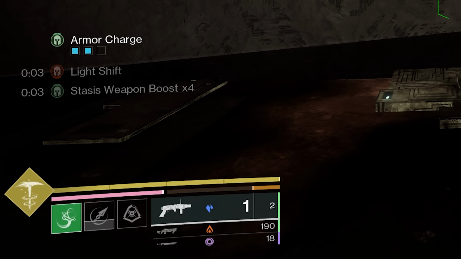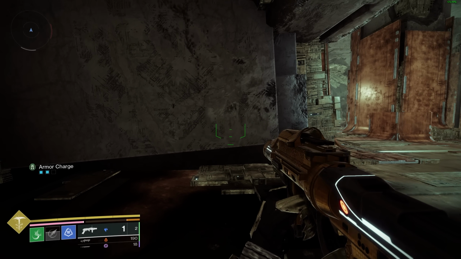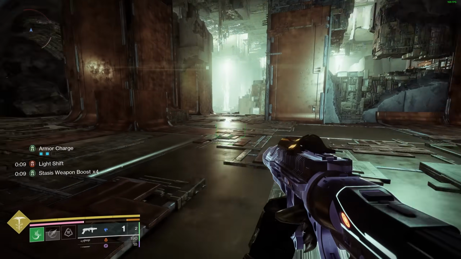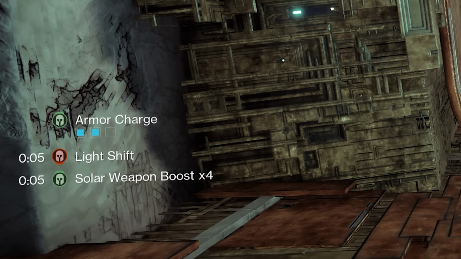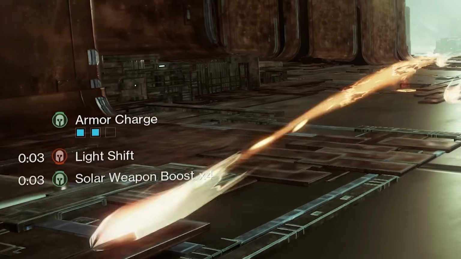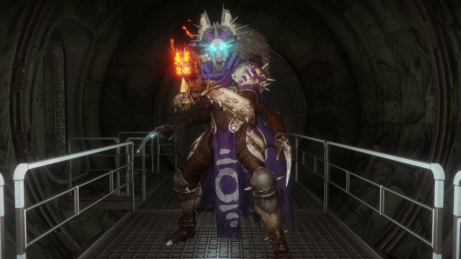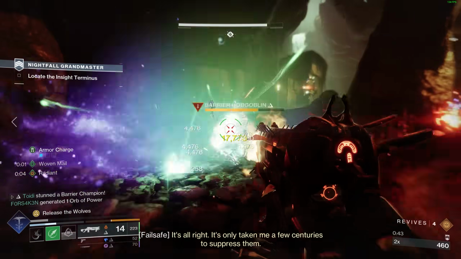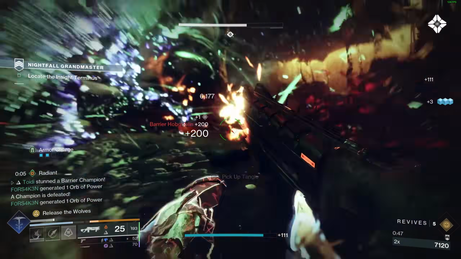Now again, it only stated arc and stasis weapons in the description, but if we just go ahead and equip Lord of Wolves and then use our blink, Light Shift activates and we get a solar weapon surge x4. This is a free 25% damage increase. And I guess the reason it exists is so that we can fulfill the Fallen Captain cosplay. But for us, that means we can pair the strongest exotic weapon in the game with a free massive damage